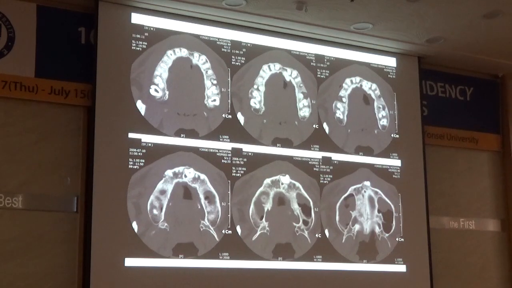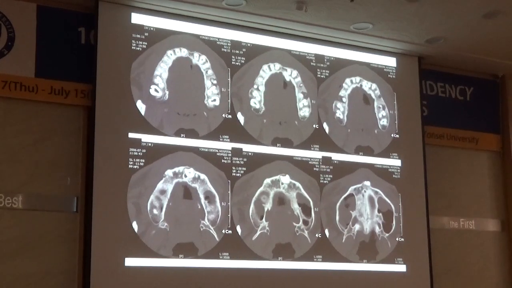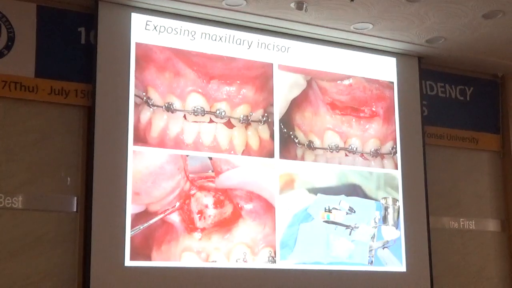And you have to take a combined CT or CT before you do the surgical opening procedure. First, you have to check whether there is any pathological change. Second, you have to check for ankylosis of the impacted tooth. And third, there may be some malformed tooth among the impacted teeth. You can see this kind of thing. This is not usual, but you can see the result.